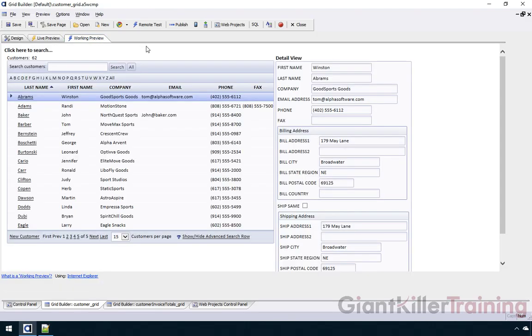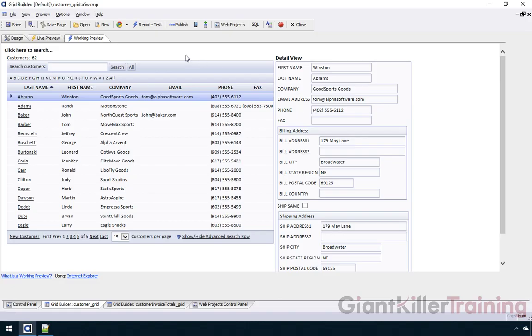As you can see, this grid is basically a list of all the customers. It has a number of search and sort capabilities, and it also has a built-in detail view to be able to edit the customer. I want to make one quick adjustment before we start modifying this grid to add more data. And that is currently the detail view is shown on the page, and I'd rather have that be a